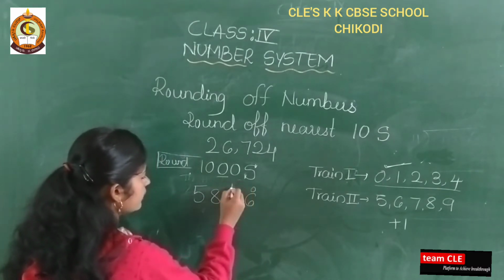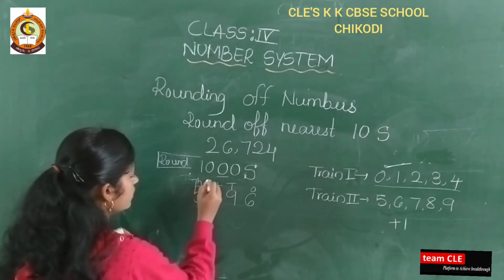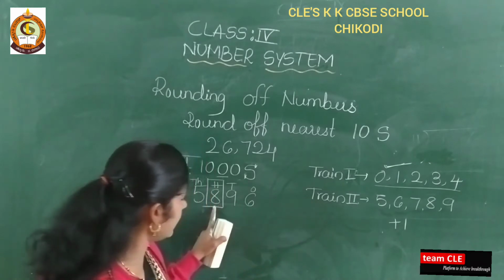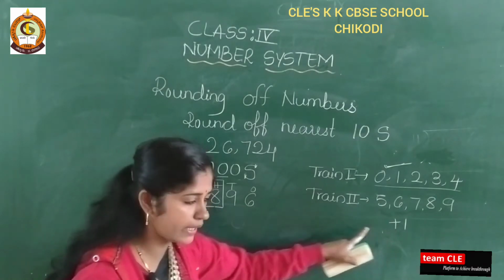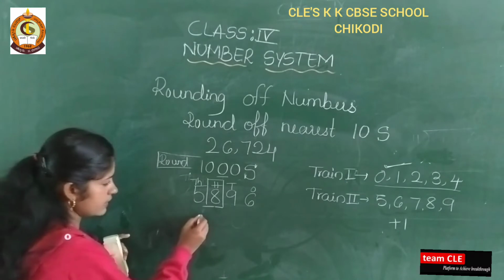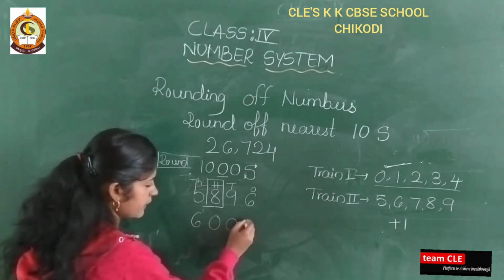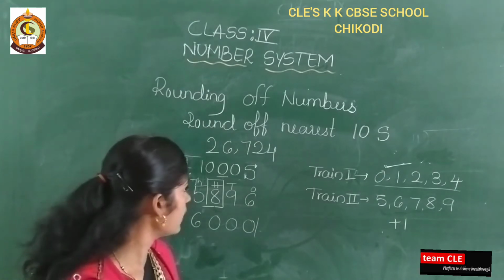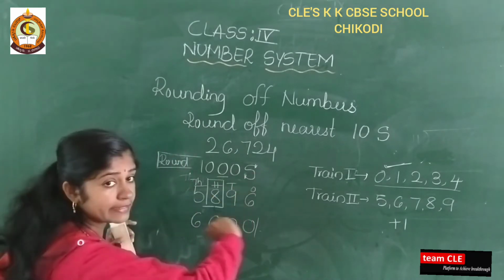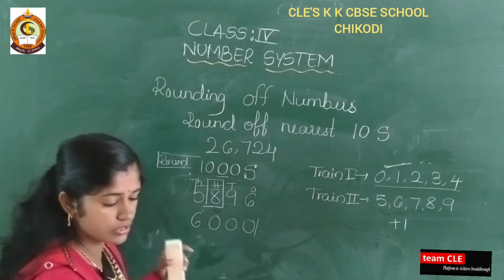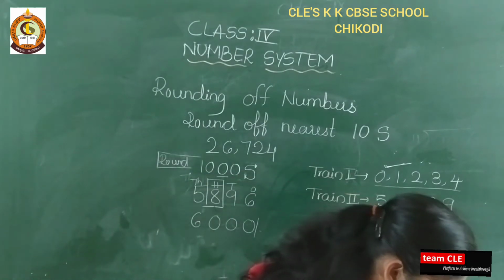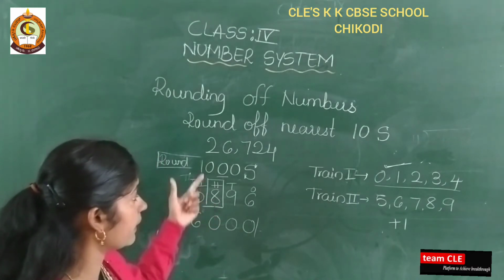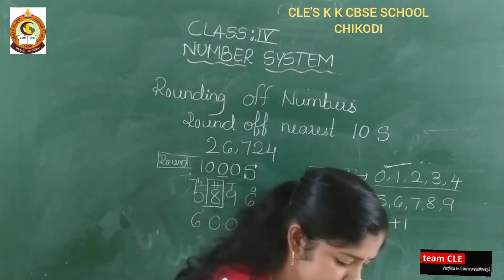Okay, then I will take one more example, 5896, ones, tens, hundreds, thousands. So you have to see here the 100 place. 8 is there in tray number 2, then you have to add in the 1000 place. 5 plus 1 is 6 and all these terms become 0. So 6000. So round off nearest tens. I hope you understood nearest tens, nearest hundreds and nearest thousands. So on this basis, see here I took directly 4 digit numbers, 3 digit numbers, 2 digit numbers, but here you have 5 and 6 digit numbers.